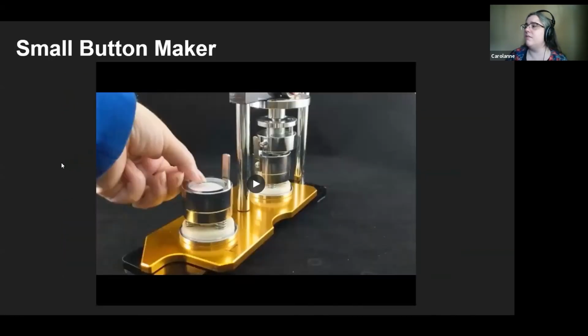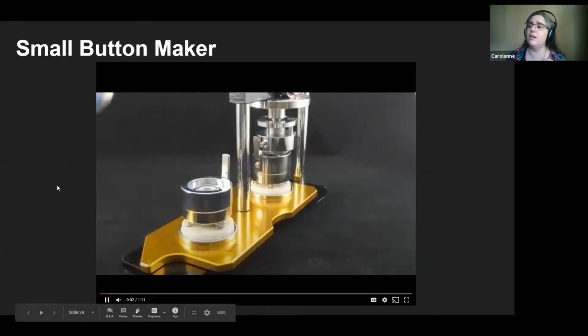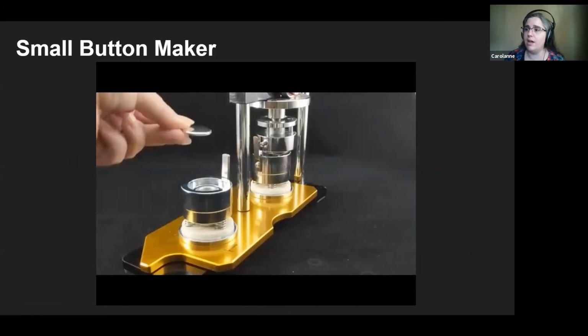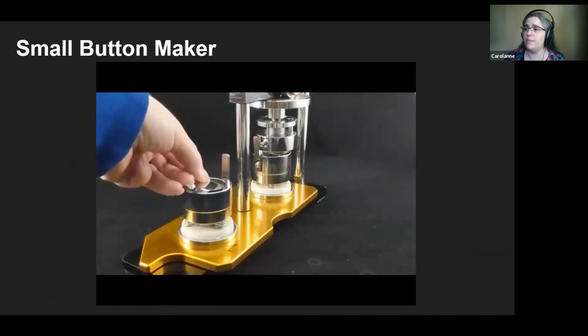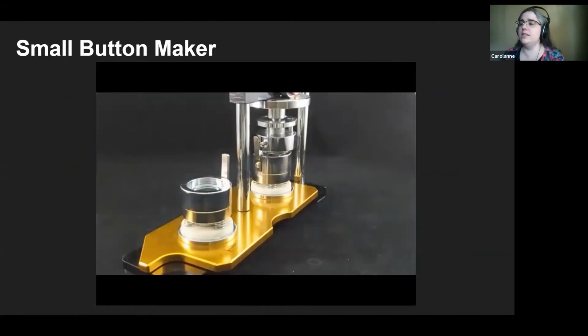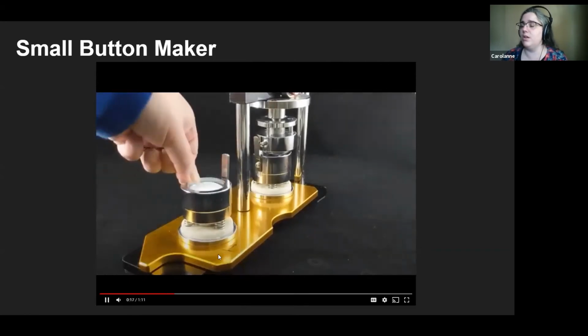And then we have our small one. So with our small button maker, it works the same way. It just rotates around instead of kind of sliding side to side. So again, you have your dome. We just pop our dome in there. And we have the two sides labeled 1. So this one's labeled 1 right here. You put your image in,